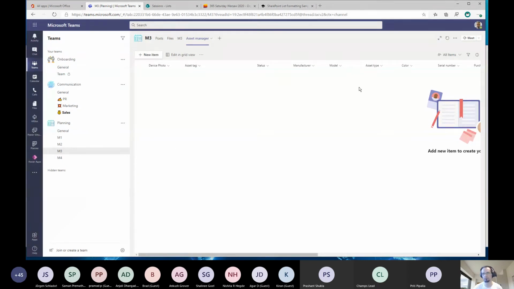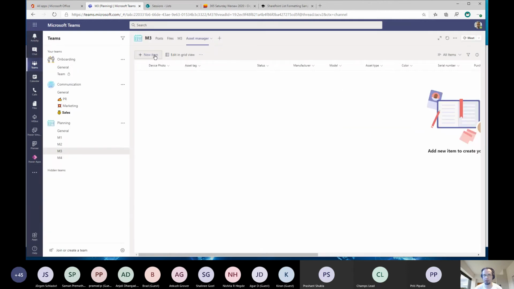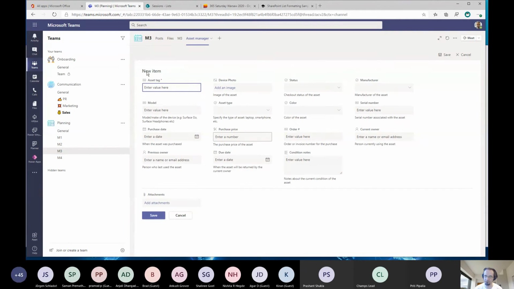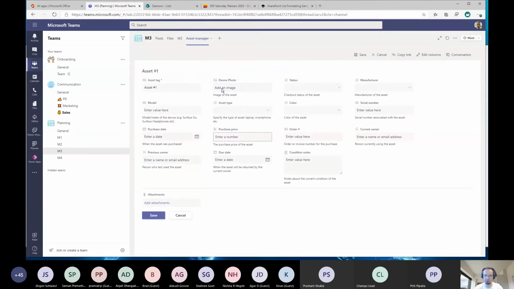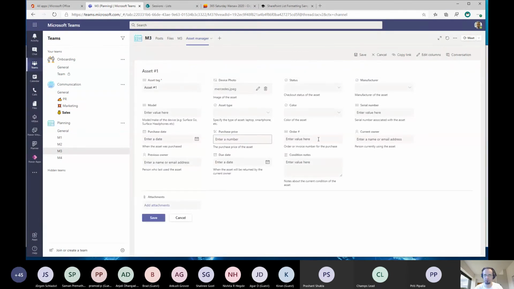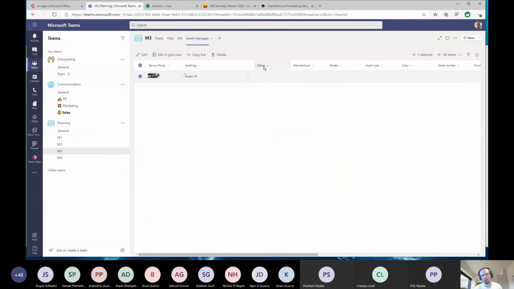without any left navigation, without any additional navigation artifacts. So it's a full list. If I need to, I can enlarge it to the full Teams view. And if I want to add an item, the form is displayed on the entire screen. Say asset #1, and that's enough. Okay, I maybe add one picture here. Got the same car. Okay, good.